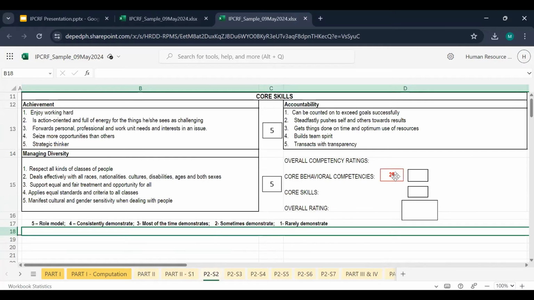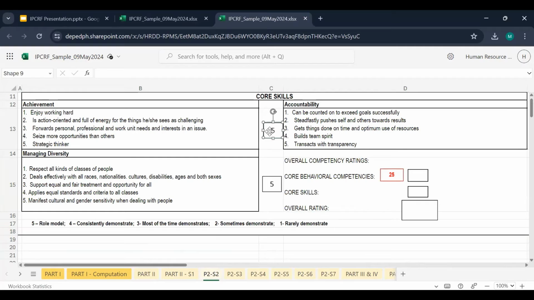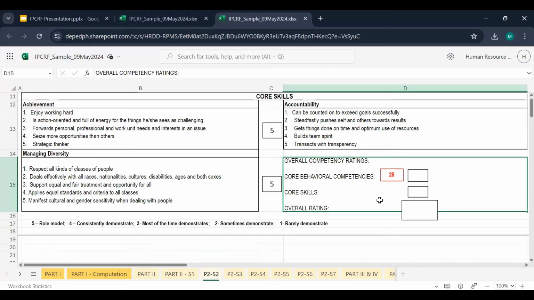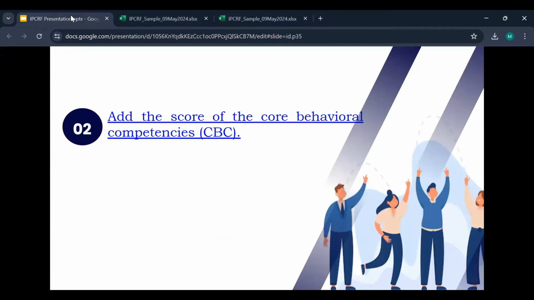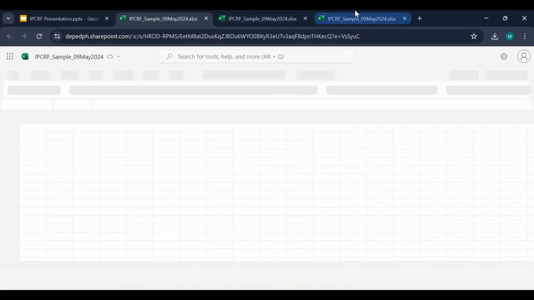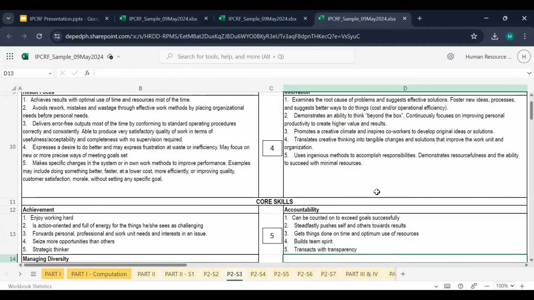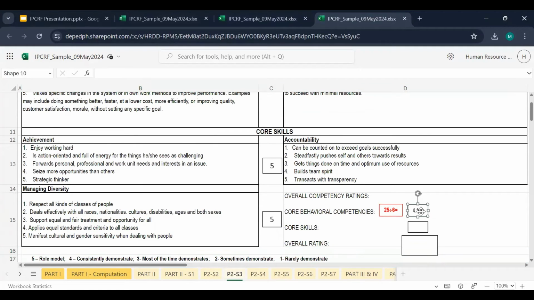And then for core skills, we have a rating of 3.5. So compute the average score of the behavioral competencies by dividing it by 6, in order to get the 4.167 rating